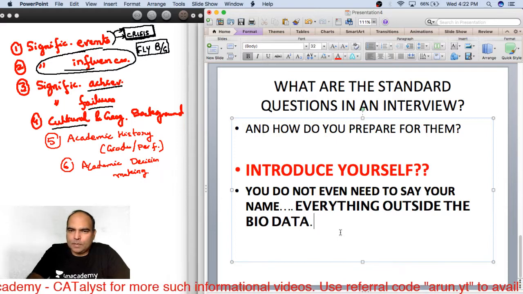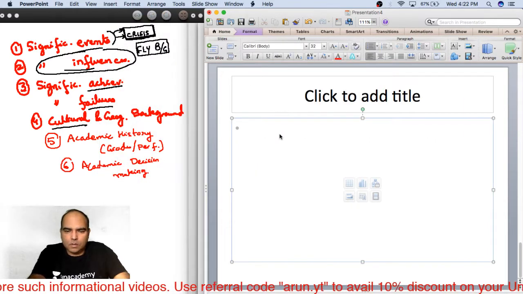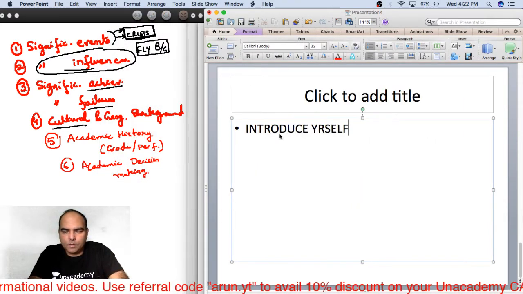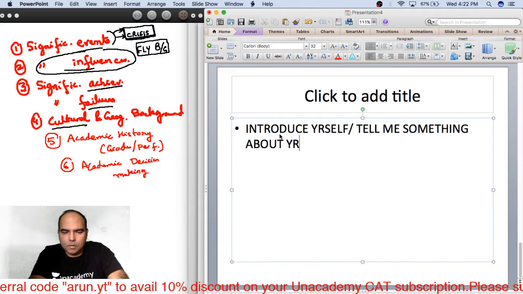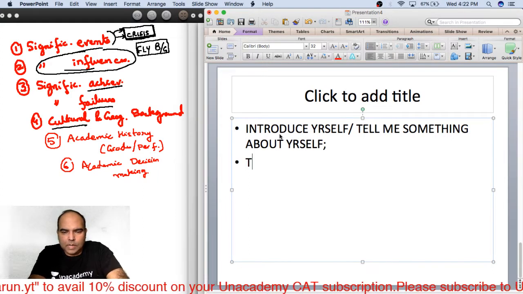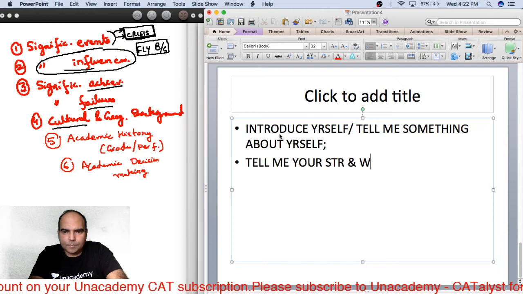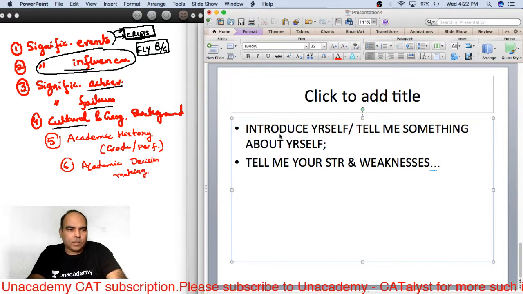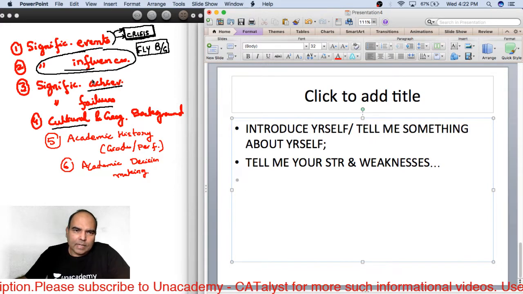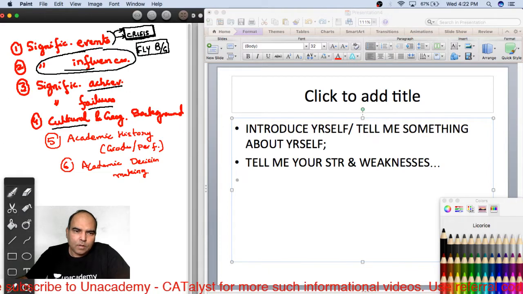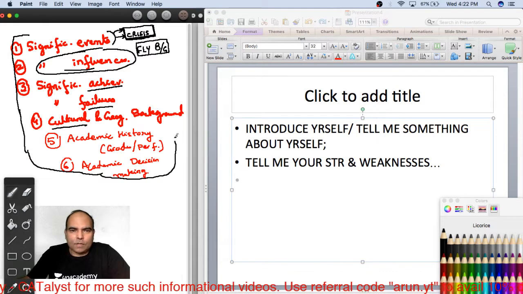And essentially what happens is when you talk about the standard questions in the interview: introduce yourself, tell me something about yourself, tell me your strengths and weaknesses, all these questions that are asked, their answers essentially are in this research. And unfortunately, I see a lot of people preparing for the interviews. They don't even do any kind of research in this part,